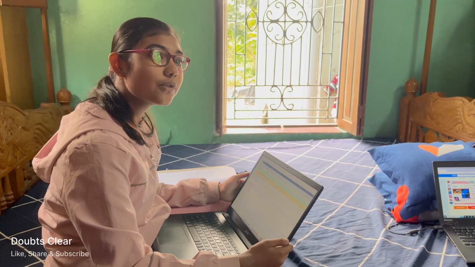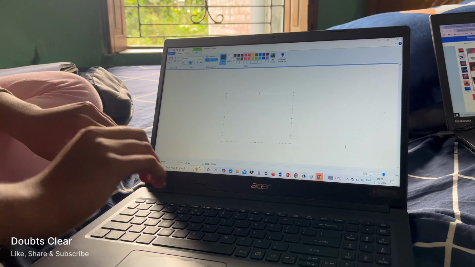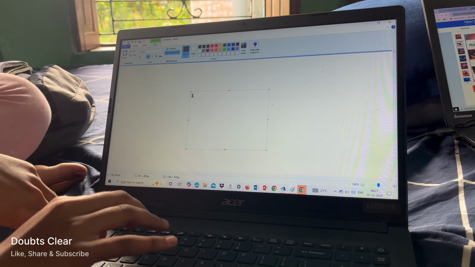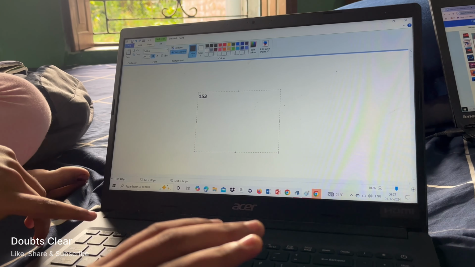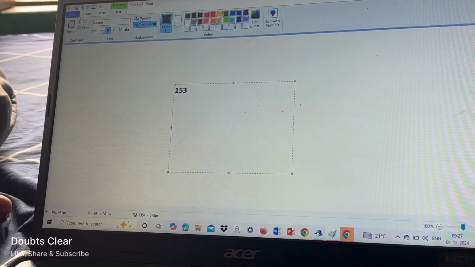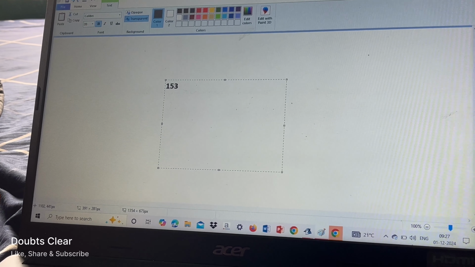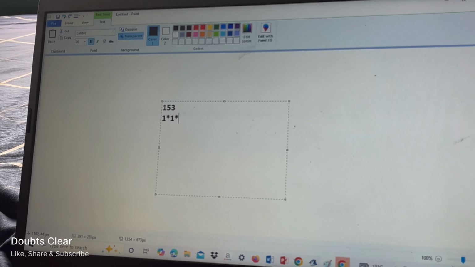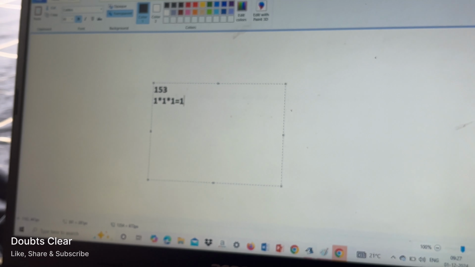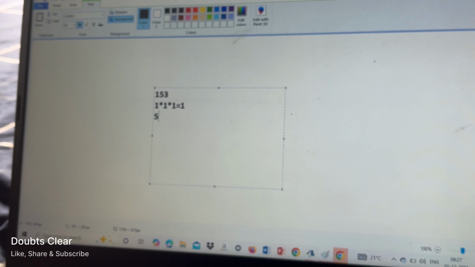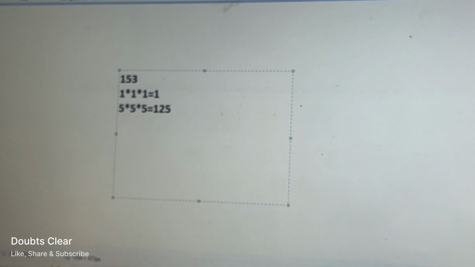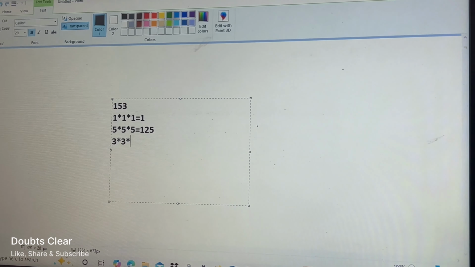So first we have to know what is an Armstrong number. For example, we are taking a number like 153. Now we have to do the cube of all the digits. The cube of 1 is 1 into 1 into 1, which equals 1. The cube of 5 is 5 into 5 into 5, which is 125. And the cube of 3 is 3 into 3 into 3,